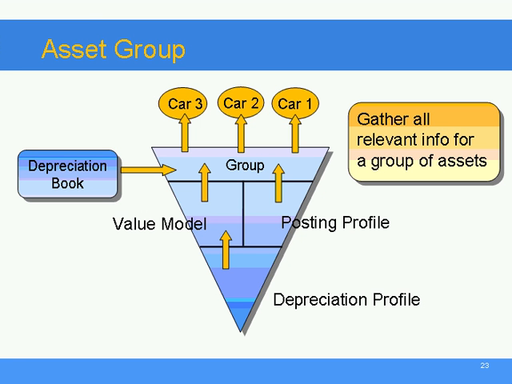So in general, the fixed asset group gave us financial setup together. When you create a new asset, you start with a group. All standard financial setup from the value model will be attached to this fixed asset. So you see in the picture, in the bottom of the picture there is a depreciation profile, and this depreciation profile is attaching to the value model. Value model and ledger accounts are related in the posting profile,